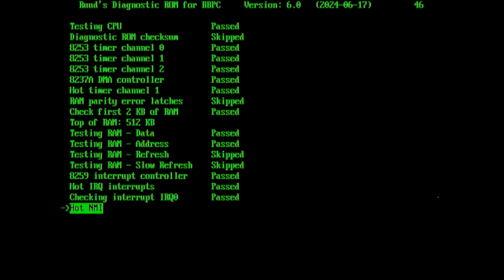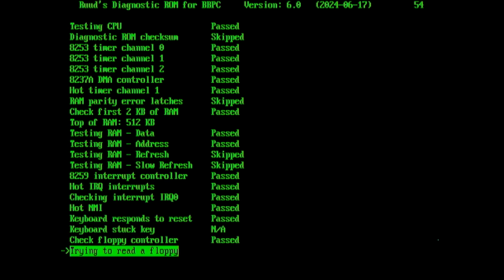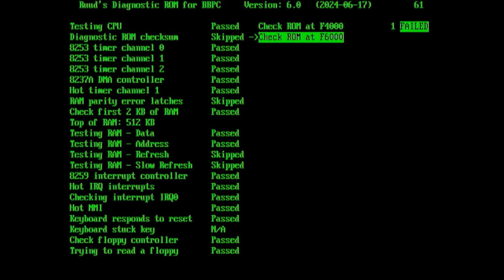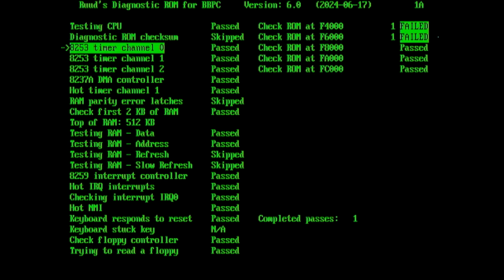The refresh and slow refresh tests have been skipped, and then we've got various interrupt tests. Trying to read the floppy disk drive, so you might just hear the floppy disk access. And then you can see that there are some of the ROMs we've not got anything installed in,